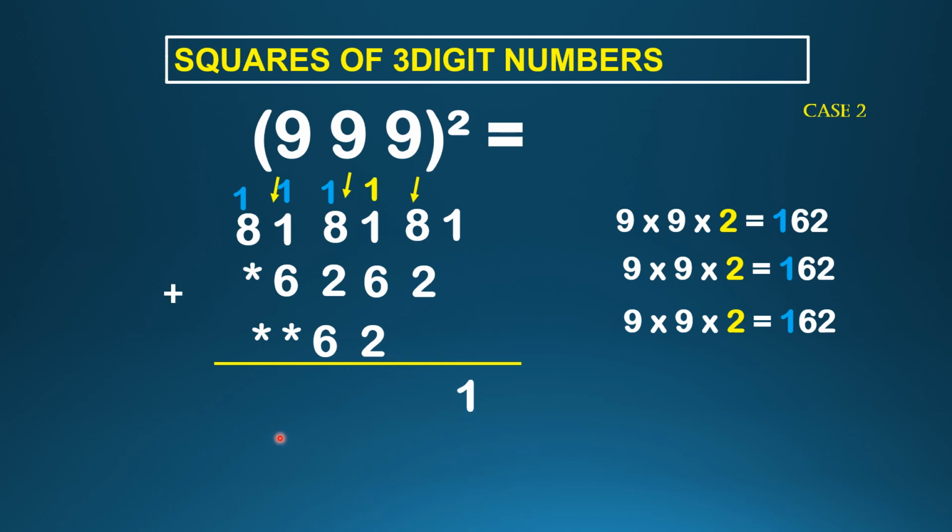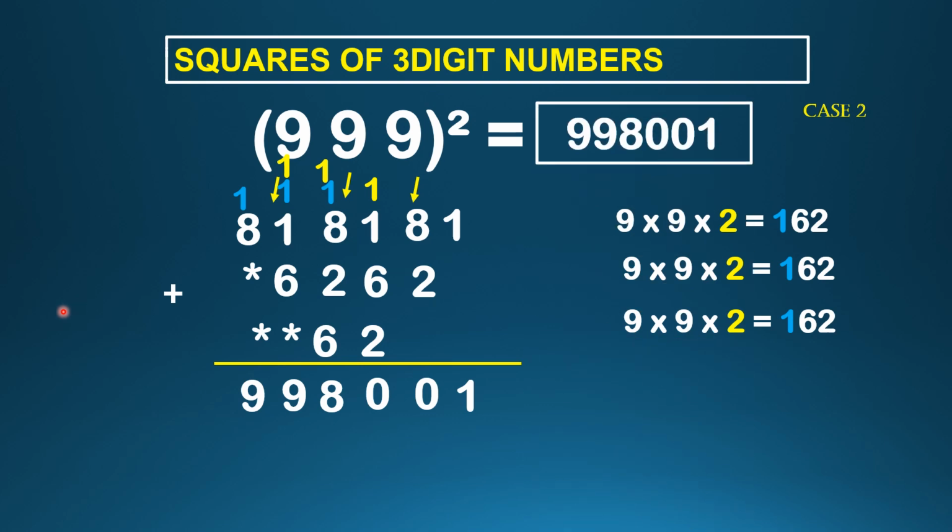1, 8 plus 2 it is 10, 6, 7, 8, 8 plus 2 again it is 10. Take it as a carryover. Now I am representing with yellow color the carryover. 8 plus 1, 9, 9 plus 1, 10, 12, 12 plus 6 it is 18. Now 6, 7, 8, 9. 8 plus 1, 9. So 999 square is 998001. By practice, without writing this also directly, you can write the answer over here.